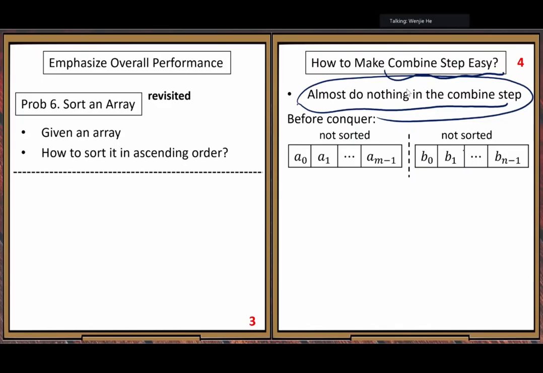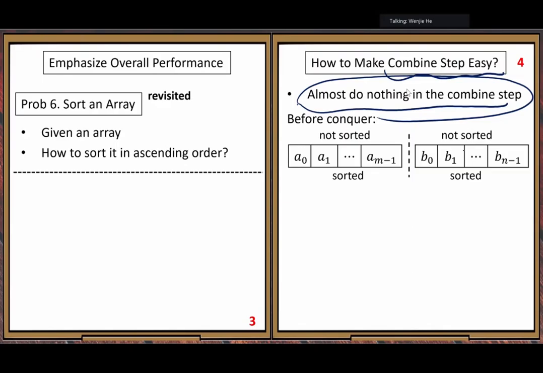After conquer, we do recursion, so each subarray is sorted. Then, when we merge two sorted arrays, no comparison is needed. Can you imagine what special condition you want to impose on your data?